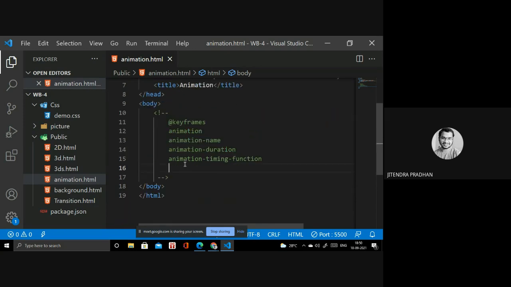Next we have animation delay, then animation iteration count, then animation direction, then animation fill mode, and next animation play state.